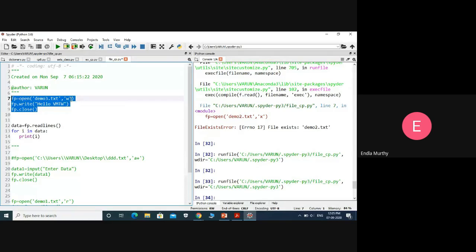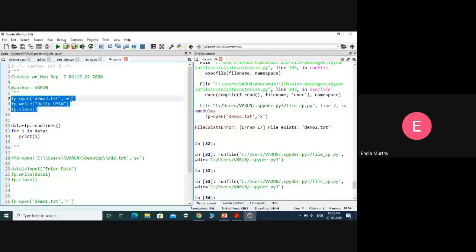I'm opening that file in write mode, writing something into it, and closing it. If you try to write something in read mode you may get an error, since in read mode I can read only. That's why I'm opening it in write mode, and after that you open it in read mode, then you try to read something.